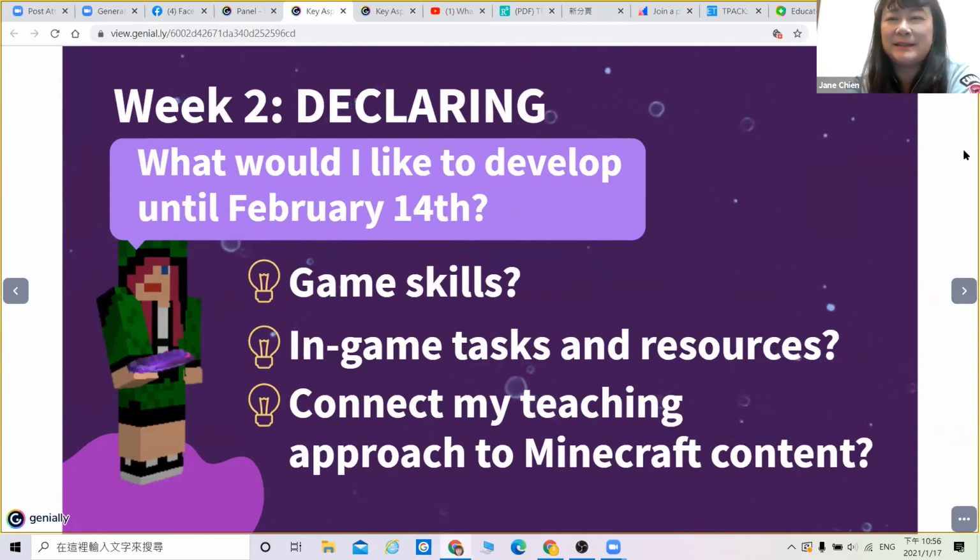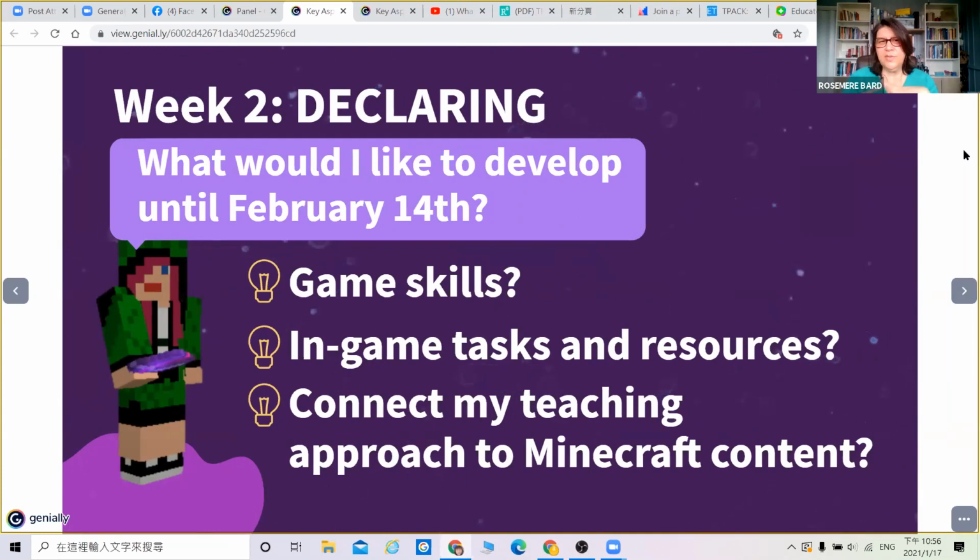Okay. Rose? Yes. So we're coming to the end of our session, and week 2 is all about declaring your objectives for the session and asking yourself, what would you like to develop with us, together with the community, with one another, by the end of the session. So it could be like game skills, you might take the time now to really focus on your game skills in Minecraft,